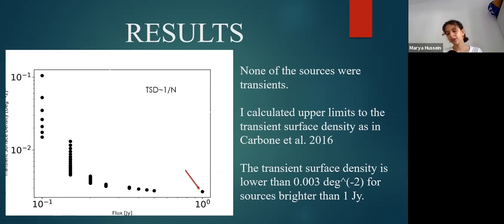I have all of these other data points because I am doing the calculation over and over again, and every time I start again, I eliminate the noisiest image. The reason we discard the noisiest is because it is the one limiting our sensitivity. So we perform the calculation and discard the noisiest image, using one image less. Therefore, my new data point moves to the left because I removed the noisiest image, resulting in a less noisy image. And it is moving up because I have one image less. Since the transient surface density is inversely proportional to the number of images, my limits become bigger.